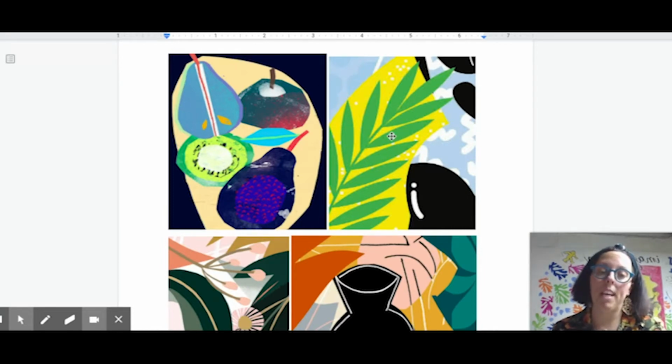So on this one, we have this leaf pattern. I'm not sure what these black shapes are supposed to be, or these squiggles. So we're having some abstract shapes happening here, but he is filling the whole page to create a really colorful composition. Over here, we have what's called a still life, and that's basically a group of everyday objects that don't